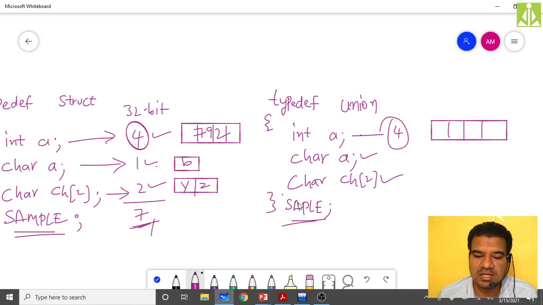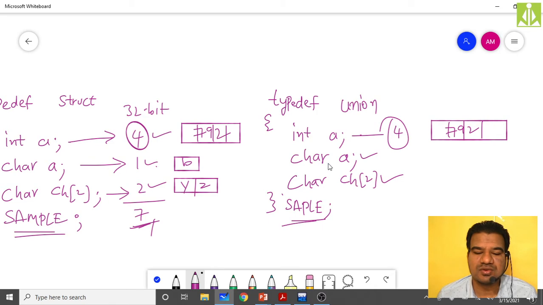But in this union, that kind of thing is not there, because it is going to consume the same memory for storing all these. So at a time you cannot have all these variable values inside the memory. At a time you can have only one variable value inside the memory. If I store 792, that 792 will come over here.